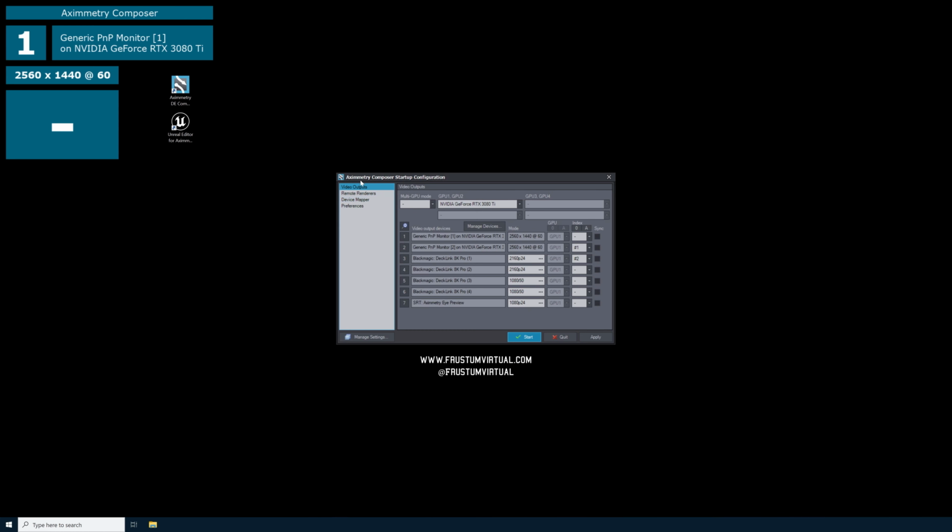The first thing you'll see is the Aximmetry Composer startup configuration. This is the video output devices page. I have two desktop monitors connected directly to my graphics card and one SDI output connected to a monitor that's mounted on my camera. First, we will cover the indexing of all of our video output devices. My primary monitor will have no index, my secondary monitor will have index 1, and my SDI output will have